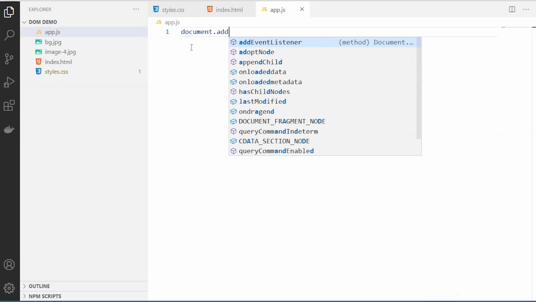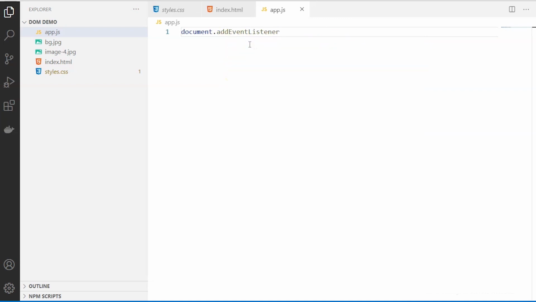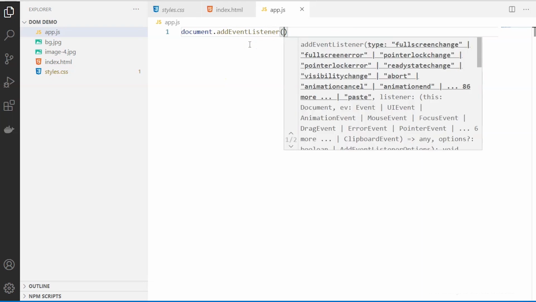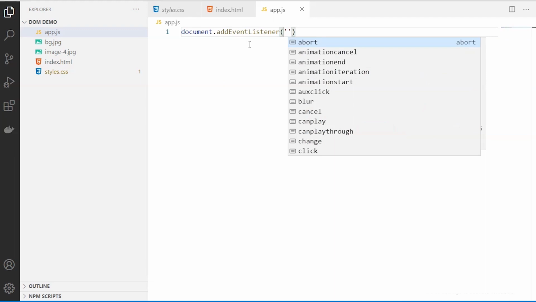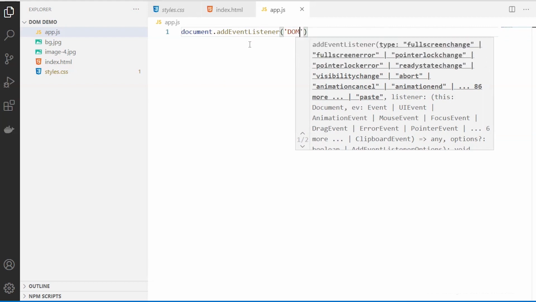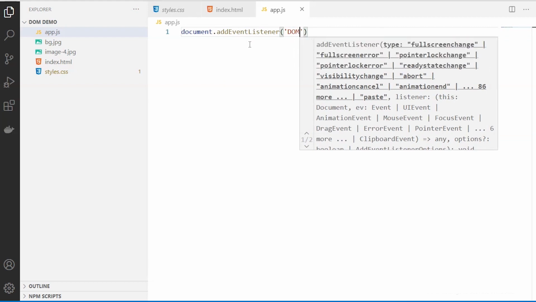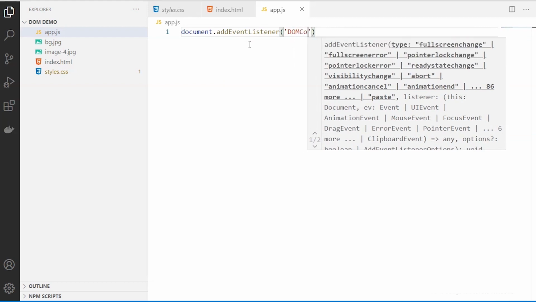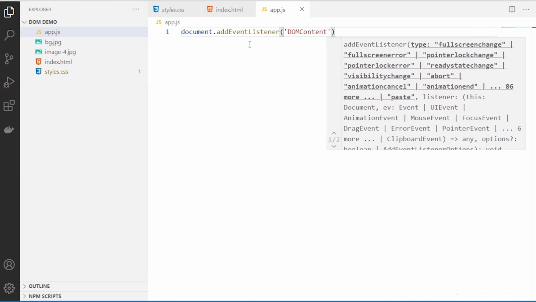As you can see in this IntelliSense, this purple color box indicates that it is a method. And this blue brick that you see is a property. So we'll be using this method. So I'm adding an event over here. So what is the event that we are going to add now? We are adding this event which is called the DOM. I will explain what exactly this is.